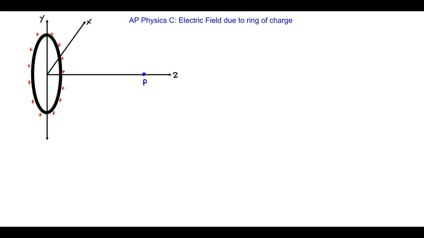In this screencast, I'll be showing the electric field due to a distributed ring of charge. I've made a sketch here, and we can see the distributed ring of positive charges, and we're looking for the electric field at point P. The tricky part about doing this particular derivation isn't really the math or the setup, it's simply understanding in 3